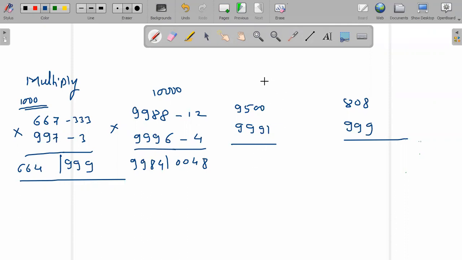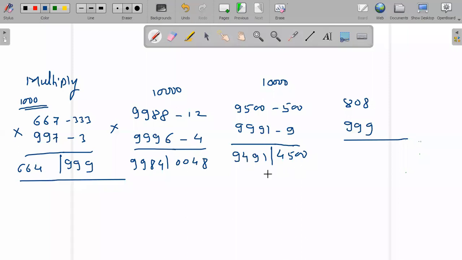Again, what about this one? Which will be the base? Again, 10,000 will be the base. Here minus 500 and minus 9 will be there. Am I right? So the multiplication will be what? 4,500. And how many digits are there? There are 4 digits. So no need to do anything else. Subtract these two. What will be the answer? 9491. Yeah.